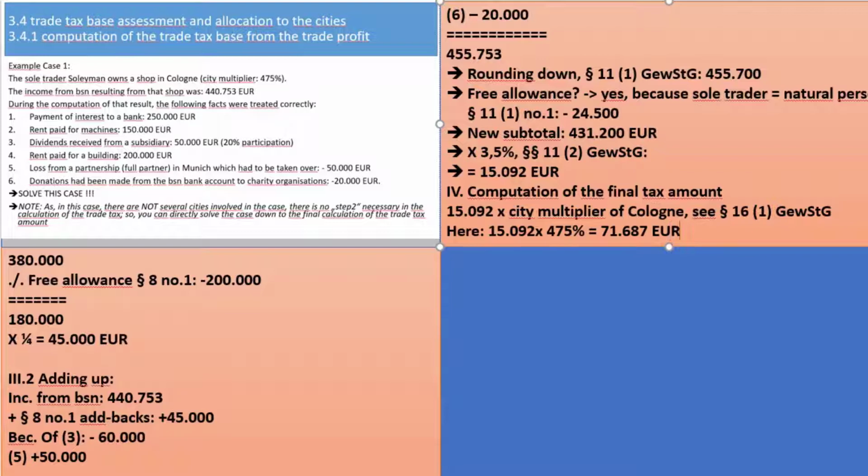75,687. I can't guarantee that it's not rounded to a full euro or such a thing like that, but I think that does not really matter greatly. So that seems to be our result. Case solved. Congratulations if you had most of that case solution in the same way as I had, or perhaps even better. I hope I made no evident calculation mistakes, and yeah, that's it. So let's go back to our other stuff and go on and have a look on the rest of the case solution.